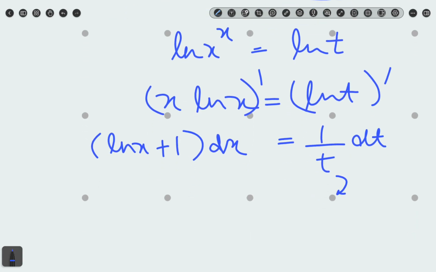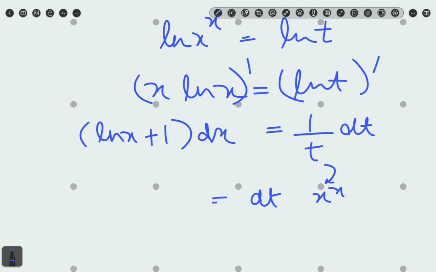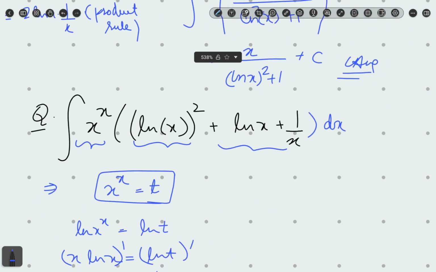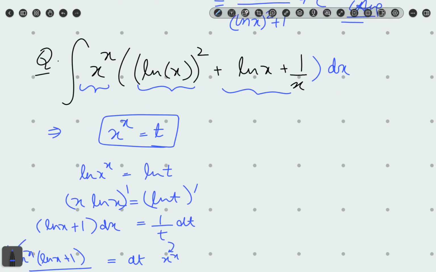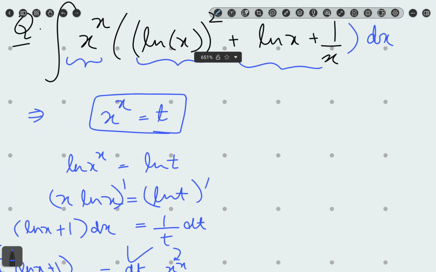Now this t in fact is x to the power of x. So dt in fact becomes x to the power of x times ln x plus 1, right? So if this expression has been given, either its differentiation should also have been given, or this term in fact turns out to be the differentiation,